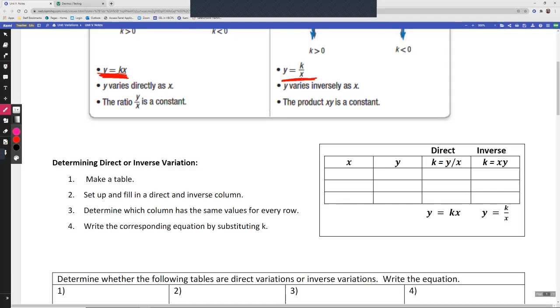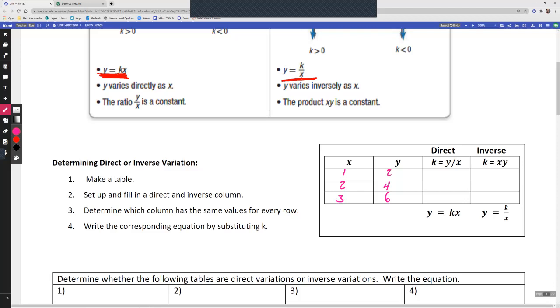So let's pick some numbers here. Let's go with 1, 2, and 3. And then for here, let's go with 2, 4, and 6. All right. Now, when we go to look at whether this is direct or indirect variation, one of the methods that we can do is to solve it just